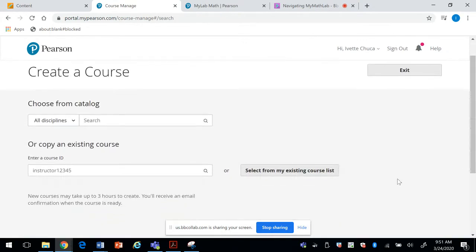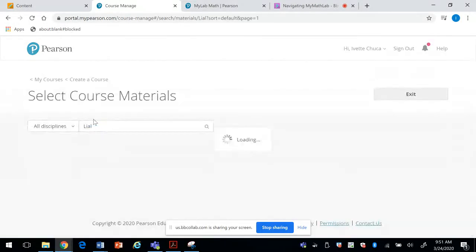If you don't have an existing course or you don't have an instructor course ID from somebody else, then you need to look for your textbook. So let me look for the 1324 textbook. I guess you can be more specific. I put all disciplines, but